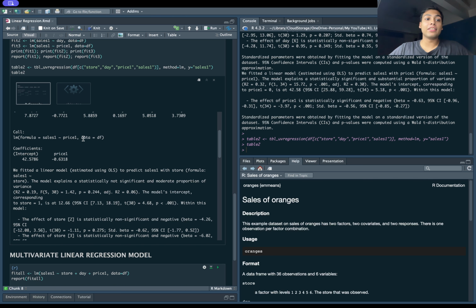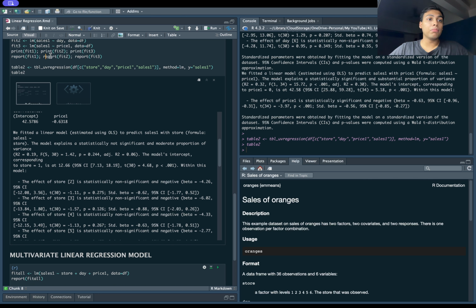And price. So for variety number 1, you can see that as price increased, sales decreased. So people thought, these oranges are not worth the price. I mean, variety number 1, not worth the price. So as the store owners increased the price, sales decreased. I'm not going to go through the